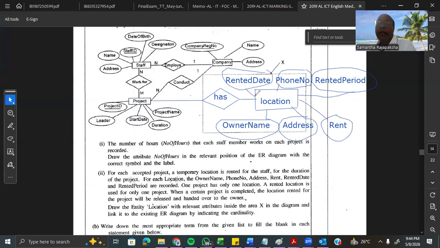these attributes there. And another thing you should know, when you take this location, owner name, address, rent, rented period, phone number, rented date can't be a primary key. Therefore, this one doesn't have a primary. Draw these things primary. So to draw with the double. Because you can't select any of the primary. That is how you